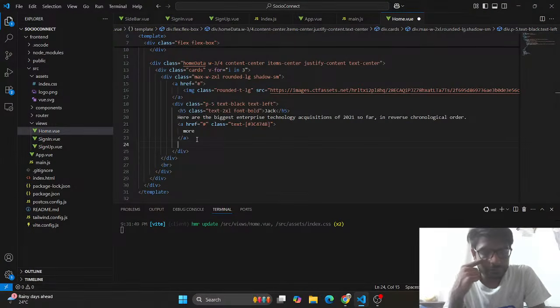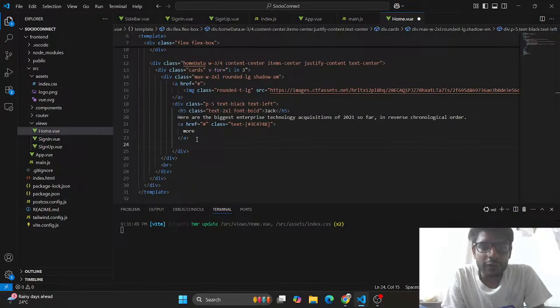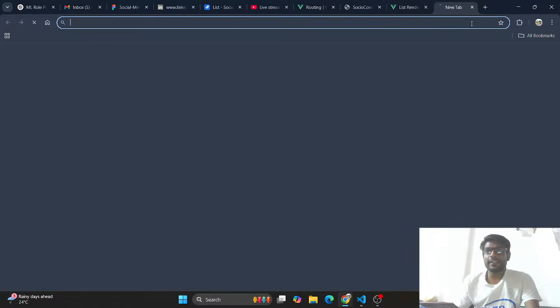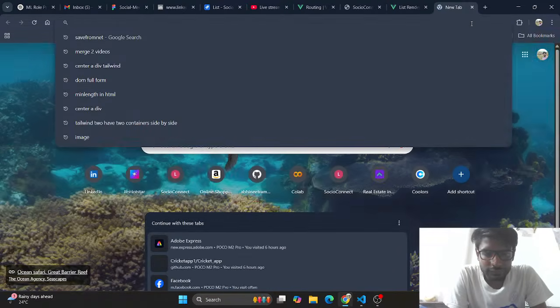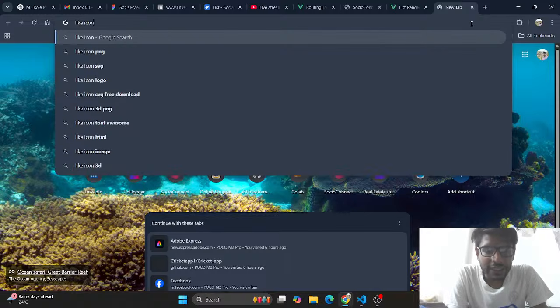Now, suppose now that icon is required, so we have to look for the font icon library, or we will see like icon